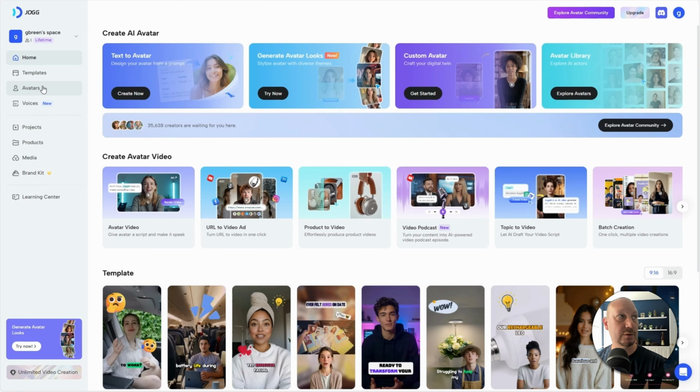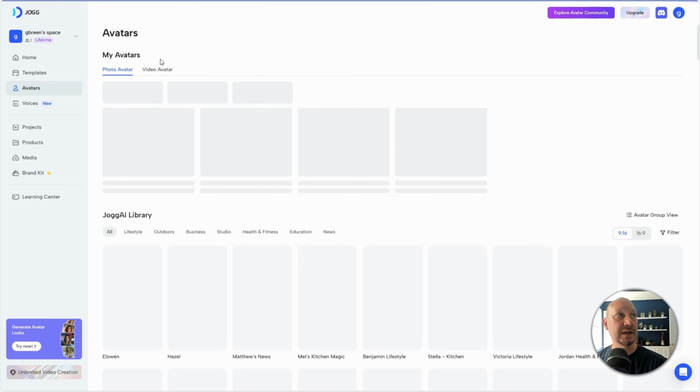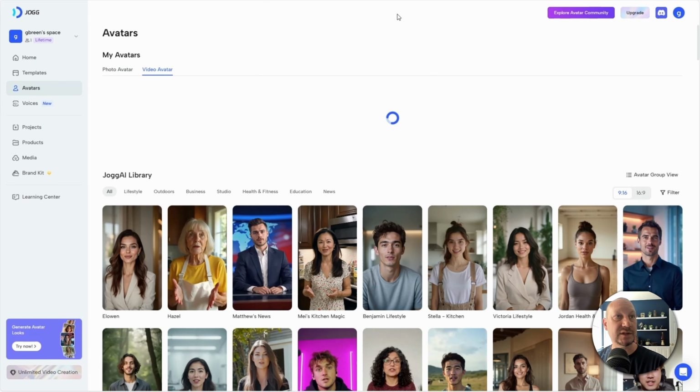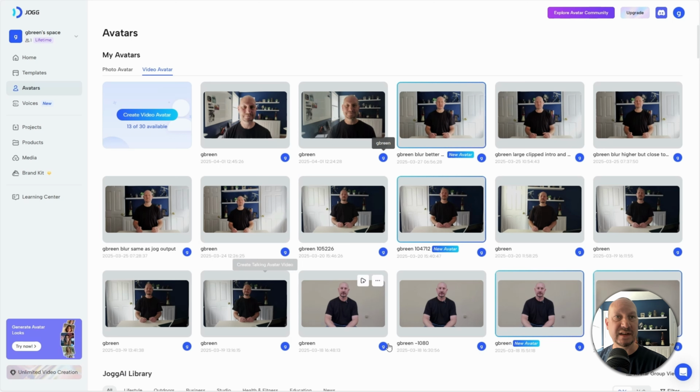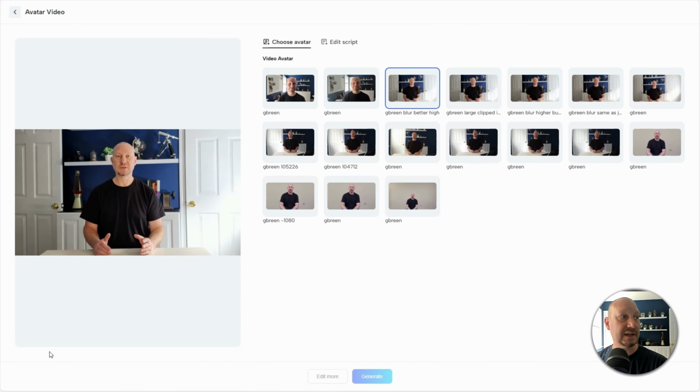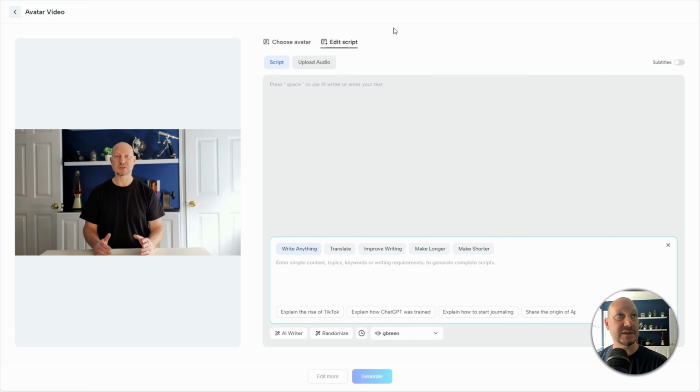So the first thing I'm going to do is go to the avatars. Then I'm going to go to video avatar. You can see I've been playing with this a bunch. We're going to go ahead and use this one to create our talking head video. And now I'm going to go over to the edit script, and I'm going to grab my script